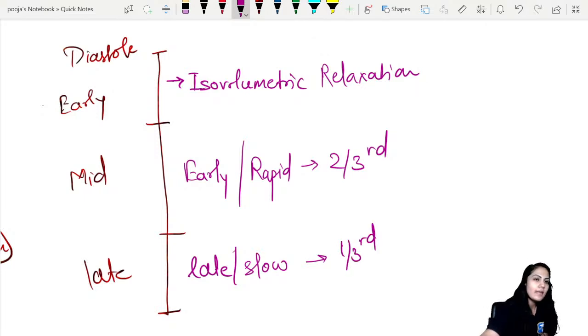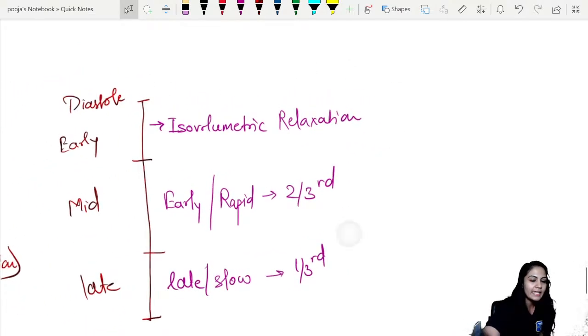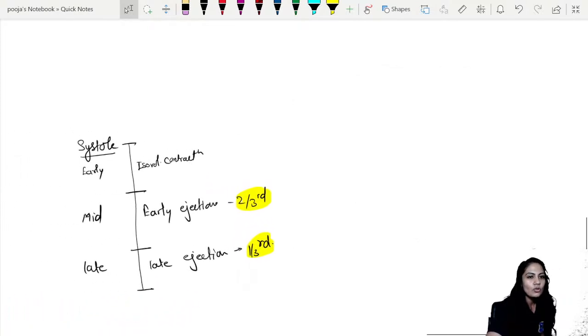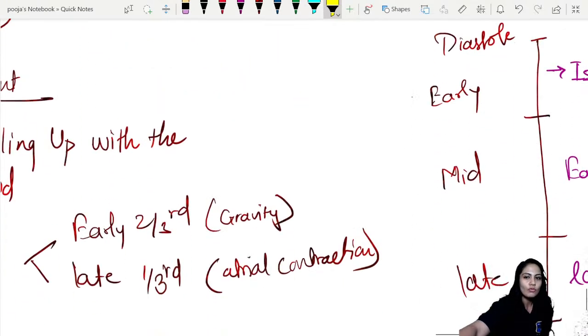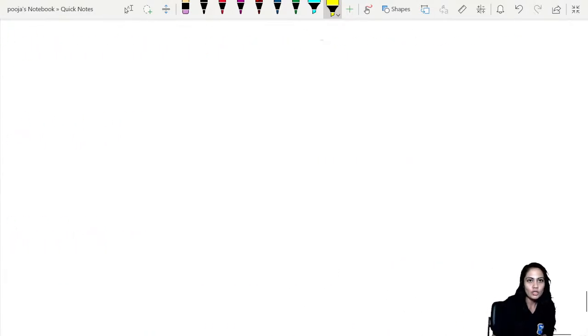right? So this is about the systole and diastole. If you have any doubt, you can ask, right? If we see the systole and diastole, they look quite similar, right? Over here the systole is there. Again, the first phase was isovolumetric, right? In the diastole also, the first phase is isovolumetric. That means the volume will be the same, only the pressure is going to change, right? So the first change will be isovolumetric,